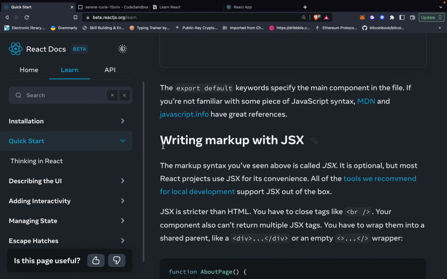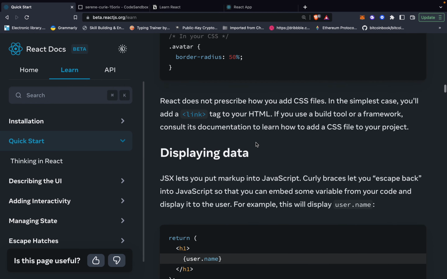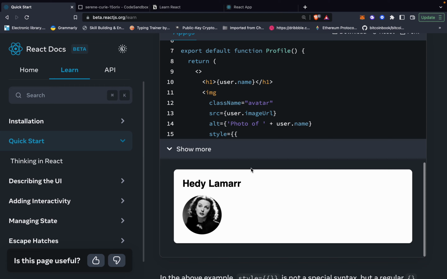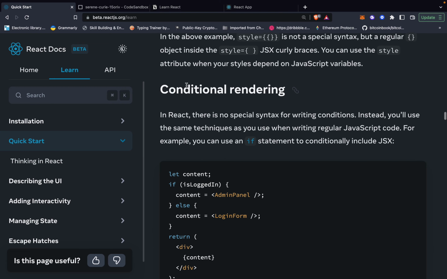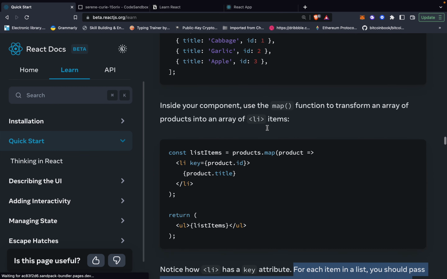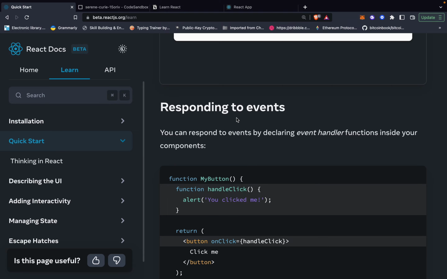We have covered how to write markup with JSX, how to add styles, display the data, conditional rendering, rendering the list. Now we will work with how to respond to